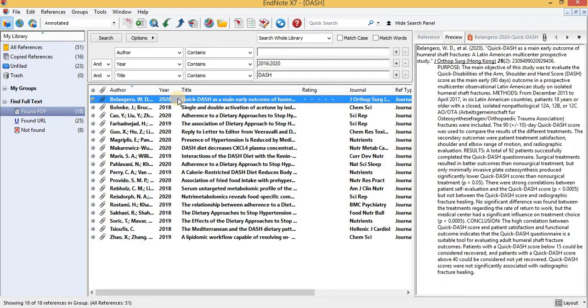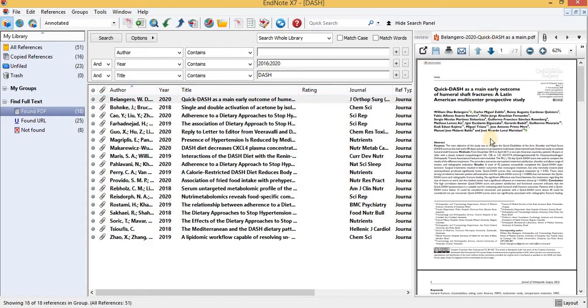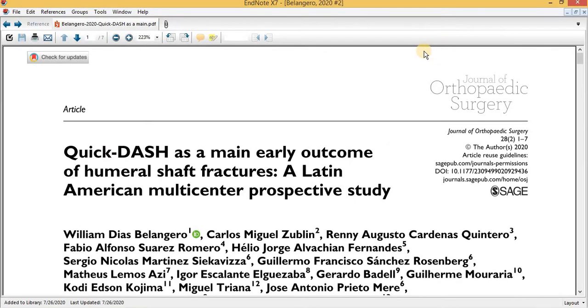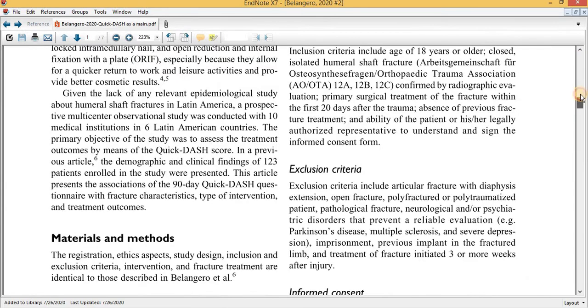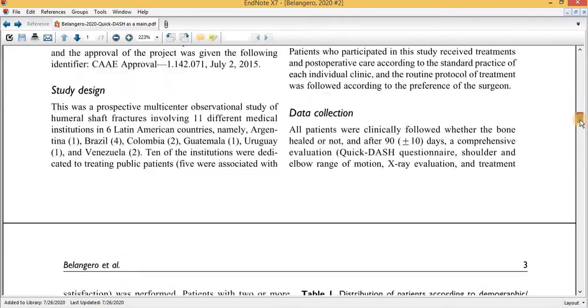By clicking or highlighting a single article, we can see its full article here. If I would like to see it in full screen, then I will select it, and here is the full PDF we can see.